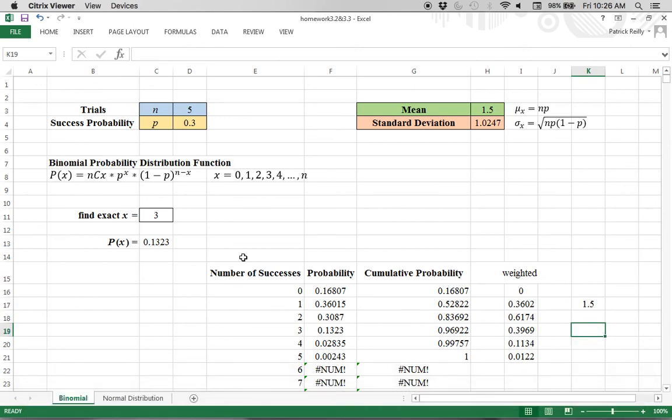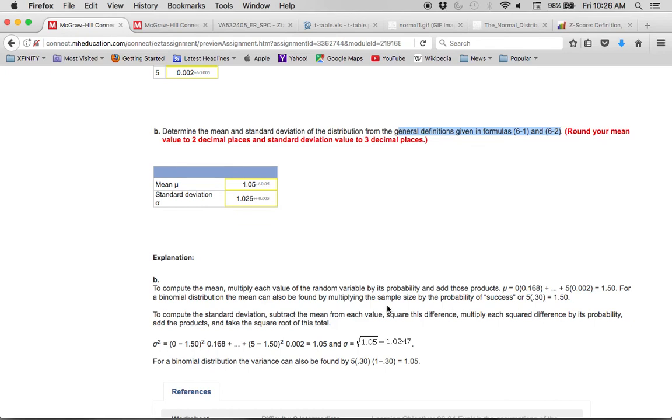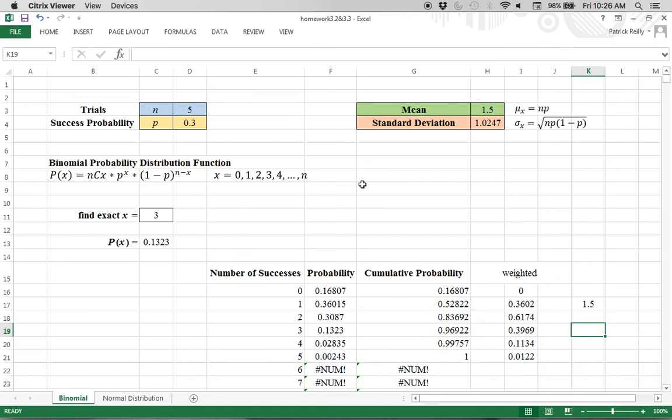Standard deviation. Since we have the mean, we can find the standard deviation. We just take the number of